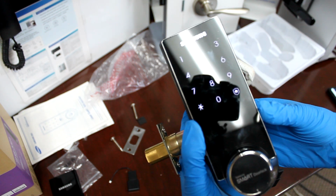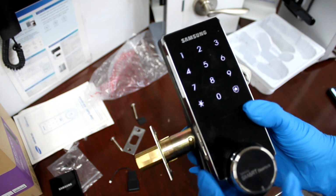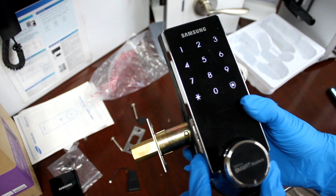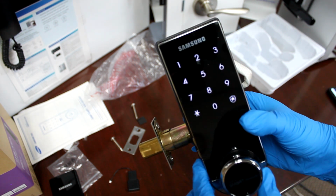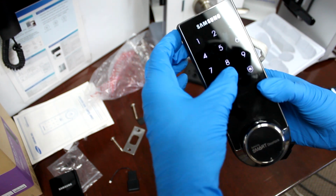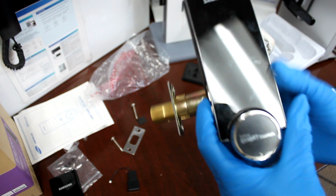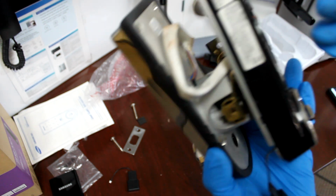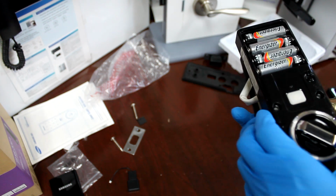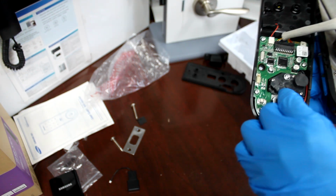So I let go of the registration, so I have to do this again. Hold it until the third beep. So the first one was when I pressed it, this is the second beep, and then third beep. Let go of the registration. Star. Perfect. Alright, and at this point, get this deadbolt retracted again and take off your interior panel, and let's